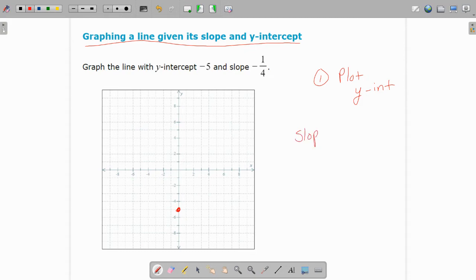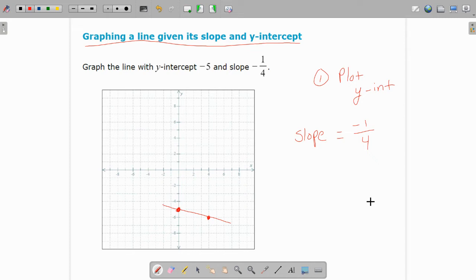-1/4. So I usually put the negative on top. So that tells me I'm going to go down 1, right 4. So the top is up or down. I think I discussed that in a previous lesson. So we're going to go down 1, right 4. So we're going to put our second dot here, and Alex will draw us a line, which will be much